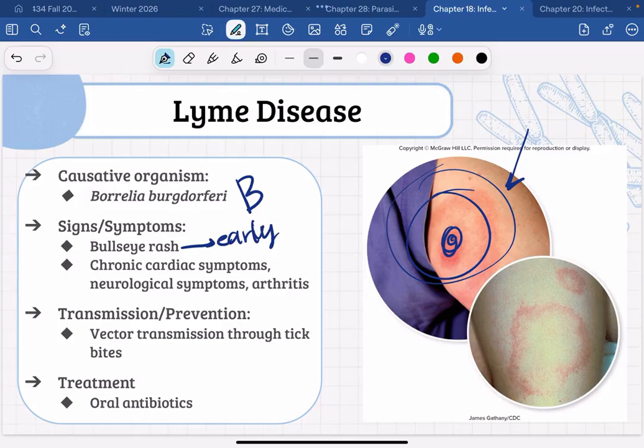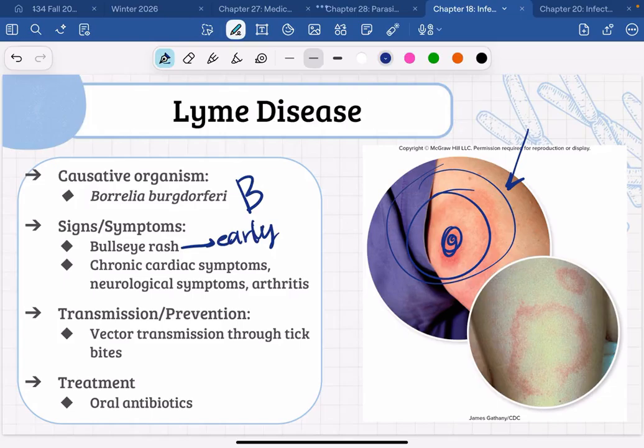I think there's an episode of the show House where this person has Lyme disease and they're trying to figure out what's wrong with them. They can't figure it out. And they keep coming back to Lyme disease, but they're like, well, it can't be Lyme disease. She doesn't have a bullseye rash. And then they shave her head and she has a bullseye rash underneath her hair. Bullseye rashes are not always visible. If somebody has one on their back and they're not looking for it, or in their groin area covered by hair and they're not looking for it, you may not see it. And sometimes it's not there.